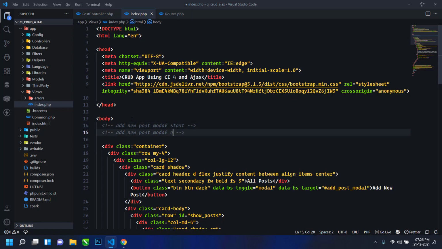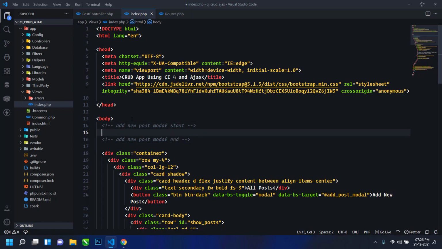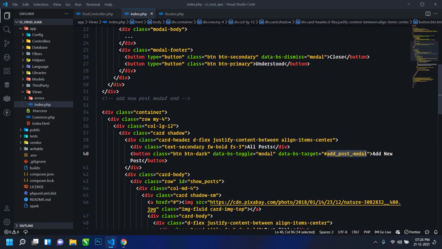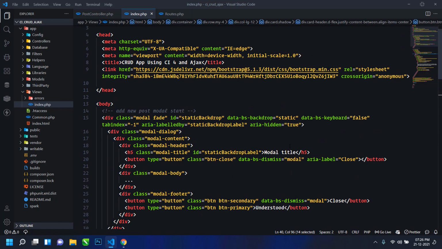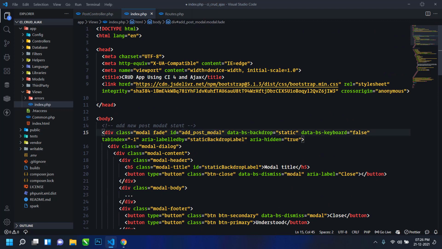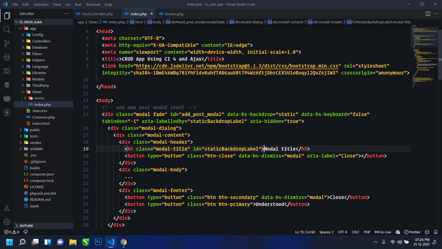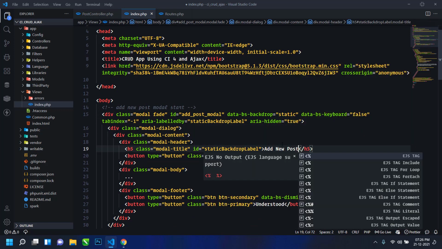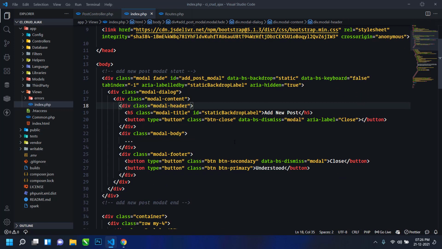Just duplicate this and write end here, and in between this just paste. Now just copy this target id and paste in this id. And here I will write add new post. Then just change this understood button to type submit, and then here write add post.